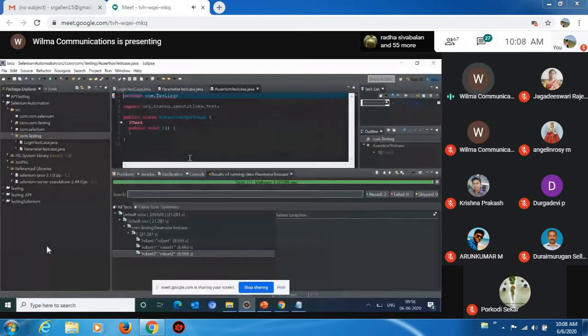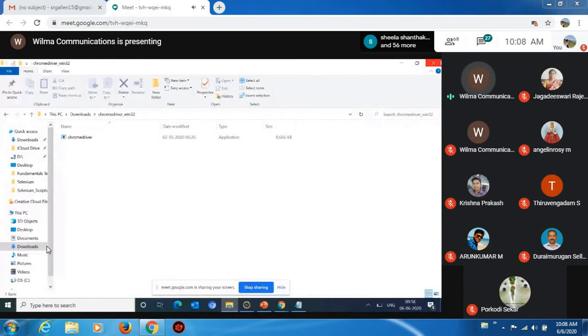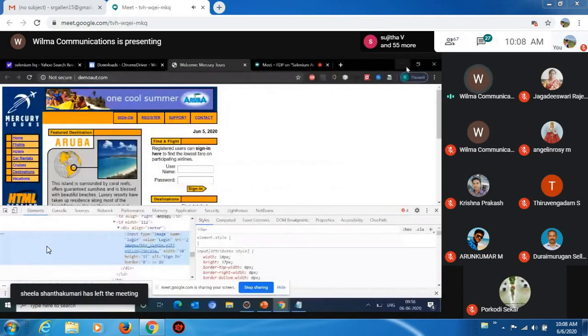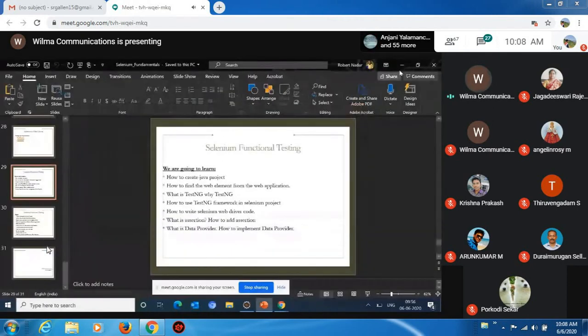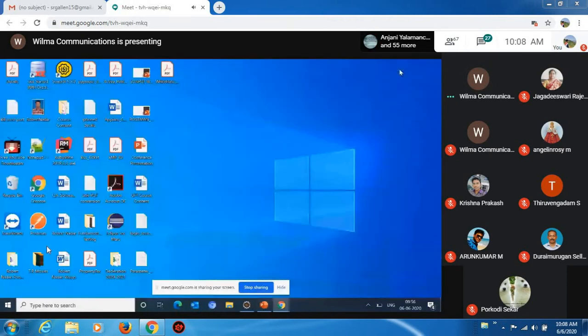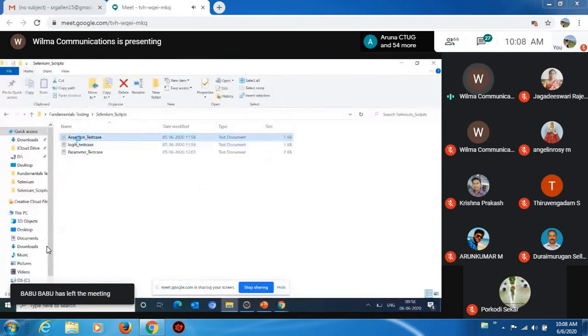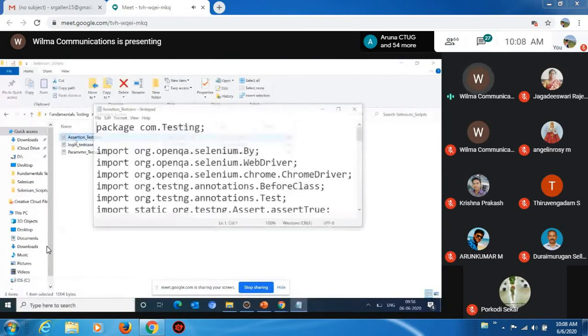So let me take my code which I have already created. Here I'm taking only the basic concepts and very basic details about Selenium.